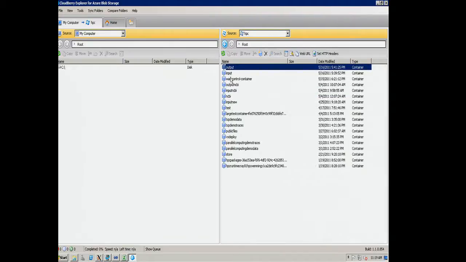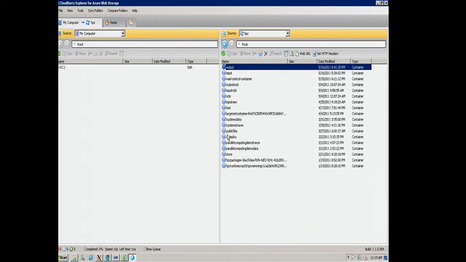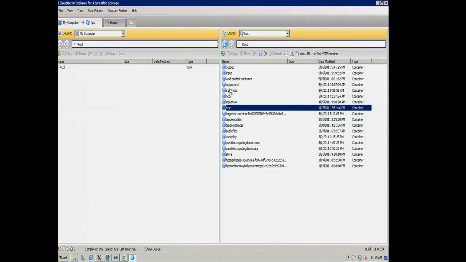And that's my input directory. I'm using a product called Cloudberry, and you can use whatever you want to browse through your data storage. So here's my input. And what I want to do is have Azure render my movie and send each frame back into the storage, which is the output. So here's my output